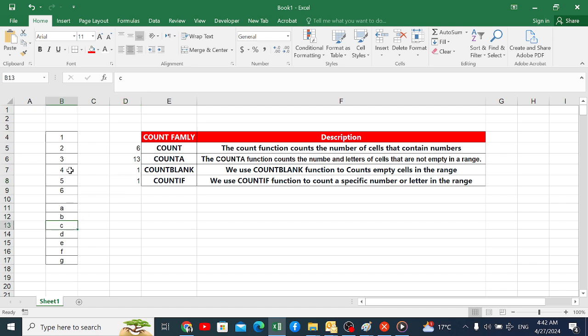But if we replace any letter or number from that list with the letter C, the result will change as